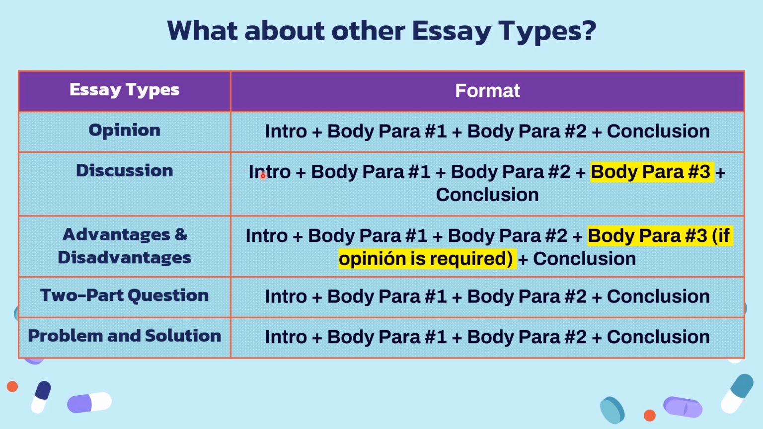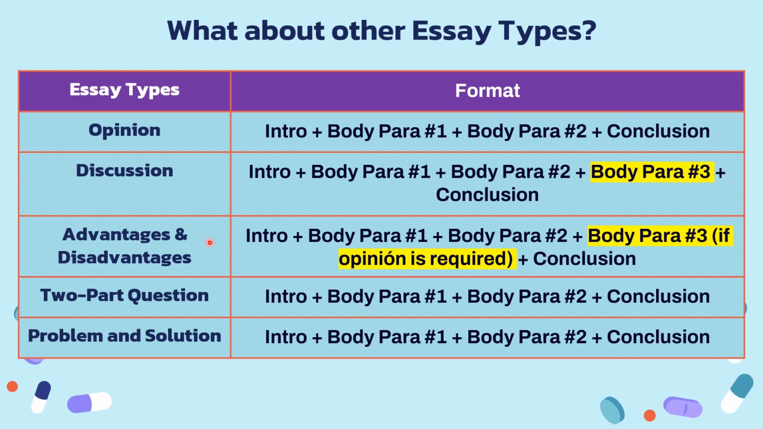So in a discussion essay, my suggestion for an easy way, for a convenient way to write a discussion essay is to add a body paragraph 3. So add this one. I have highlighted this. And also in advantages and disadvantages, you should add another body paragraph, which means a 3rd body paragraph, only if your opinion is required. As I said when I was discussing advantages and disadvantages essays, that sometimes they will ask